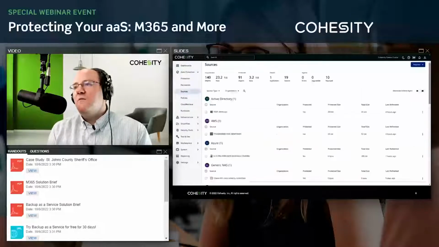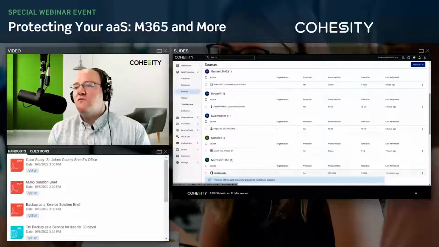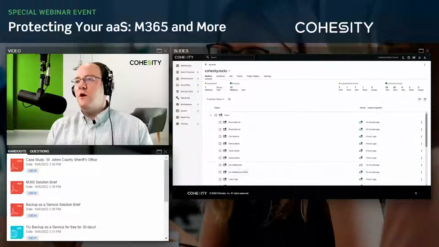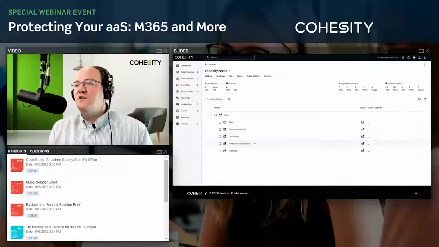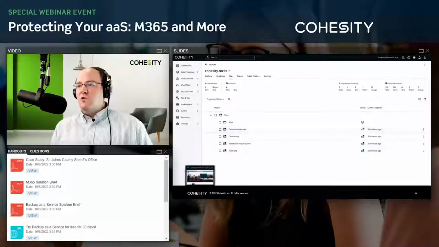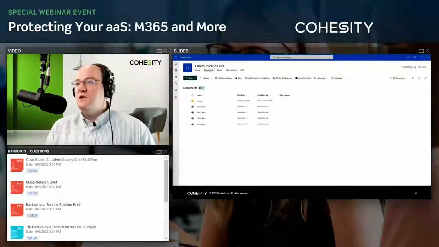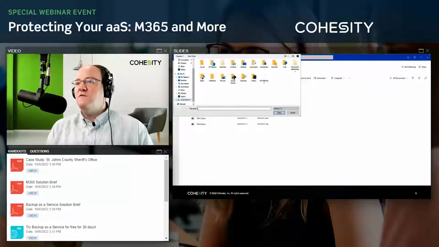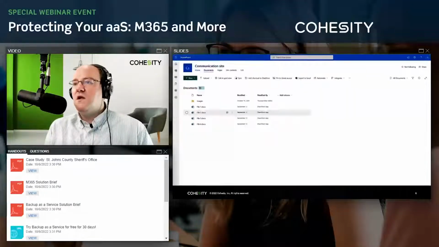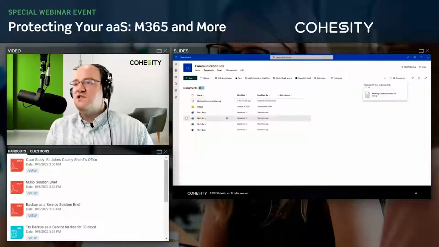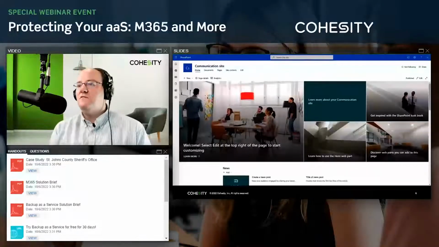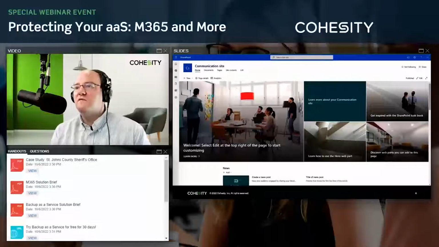All right. So now in this particular case, we've changed the context a little bit to a local on-premises cluster. And what we're going to do is utilize this on-premises cluster for SharePoint purposes. So we have a site in SharePoint that we have available, in this particular case the communications site, and we're going to upload a file to it. And we're going to see that in the system. So it's been added to the communication site for SharePoint.